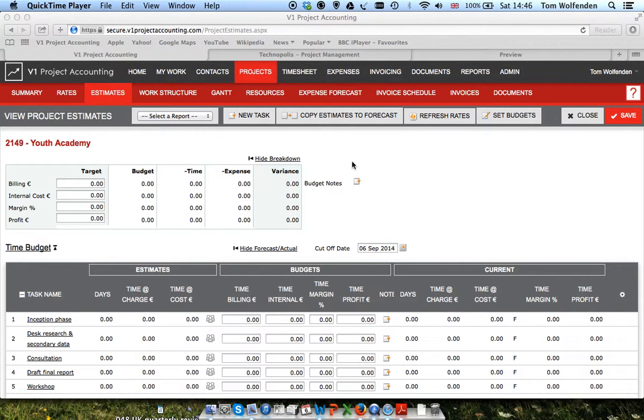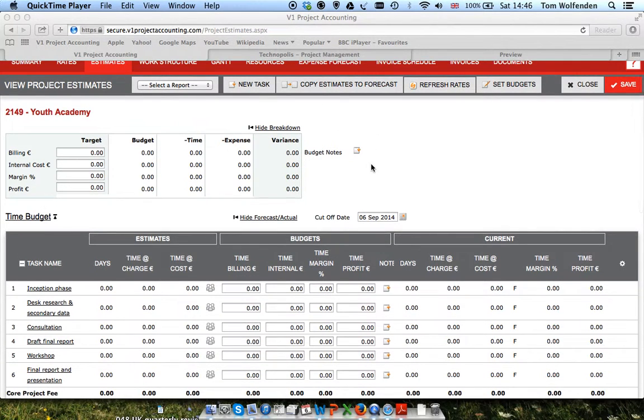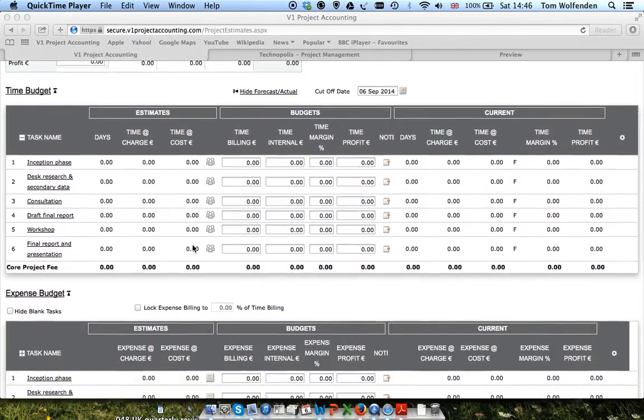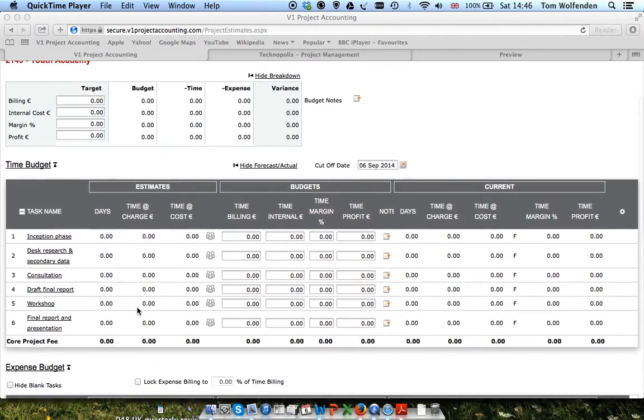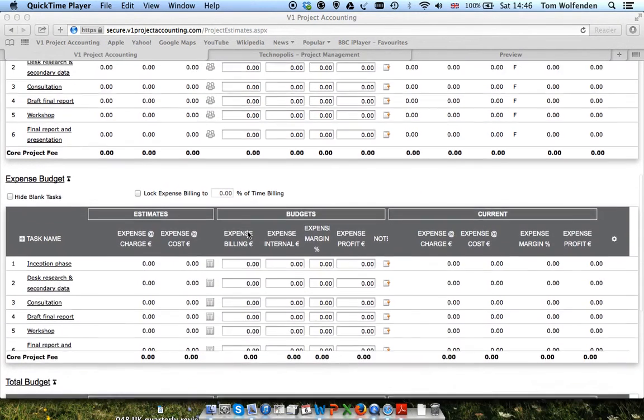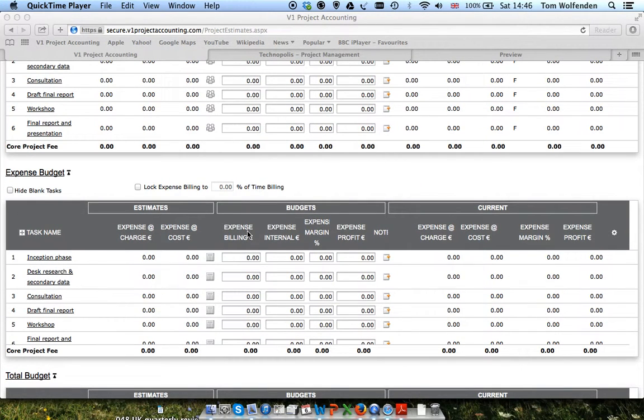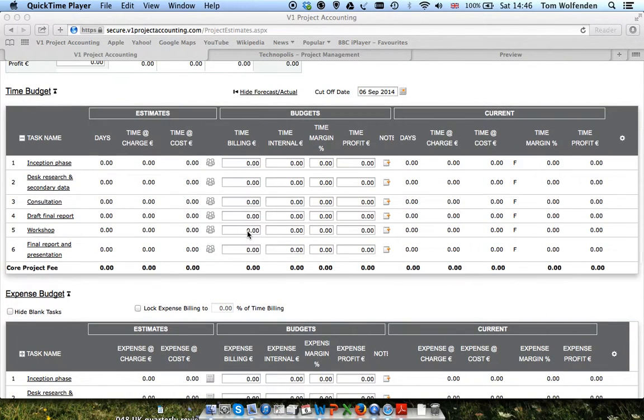The estimate screen deals with two main parts of a project. It deals with the time that will be booked, and it also deals with the expenses incurred. Primarily at Technopolis, we want to record and attend to the number of days. They're by far and away the largest cost that we incur. Depending on the amount of expenses, you would want to be attentive to that. If it's a project with a lot of travel or a lot of subcontractors, then you're able to enter the